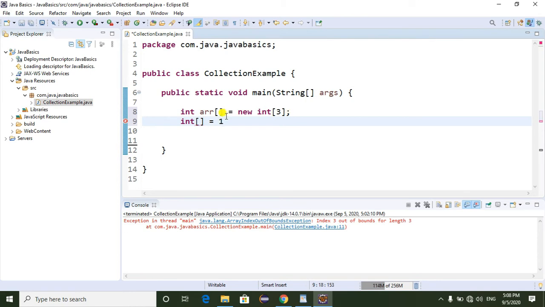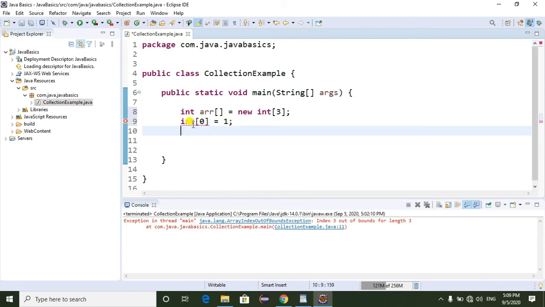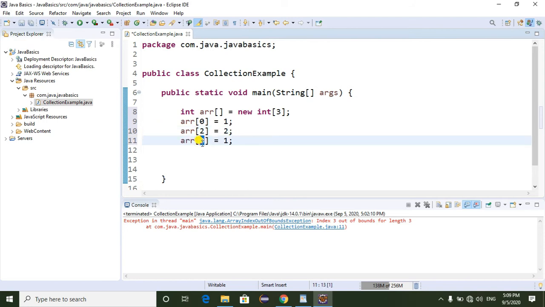The array index starts from 0. Now I am going to add the second element into the array. So here we are able to add the third element: 0, 1, 2.